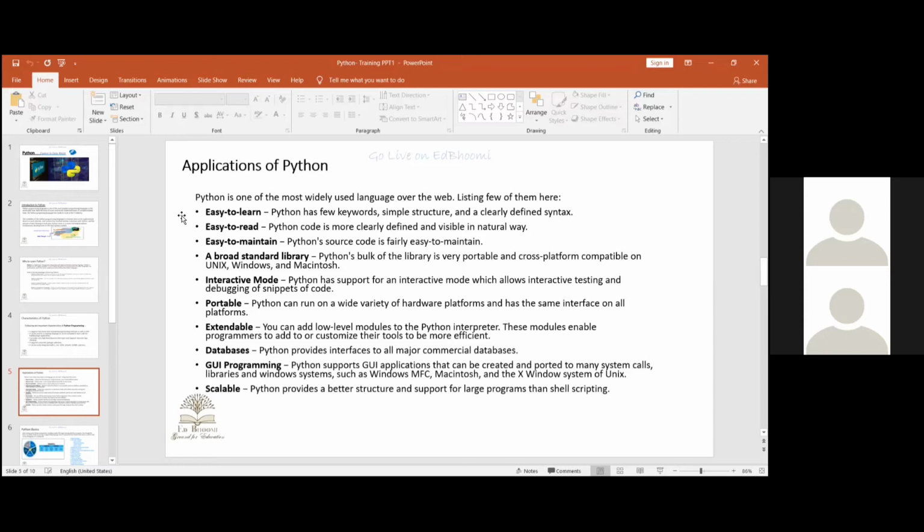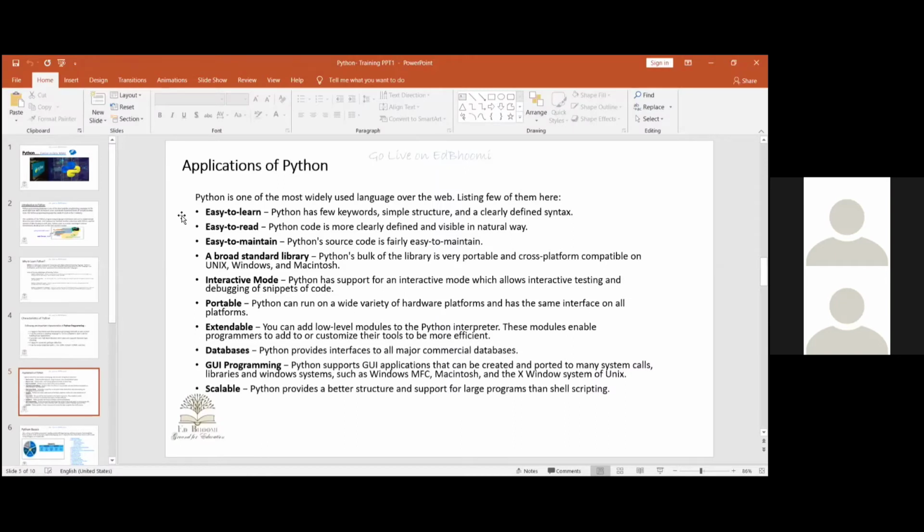So we can see it is easy to learn, easy to read, maintenance is very easy, and it has a broad set of libraries. If a person is from a scientific background, they can use NumPy as a library. If the person is dealing with a large amount of data, they can use pandas. So there are so many things available in Python. If someone is working on data visualization, now there is another boom in Python. They use the Matplotlib library as well as Seaborn. There are many libraries inbuilt. You just need to import the library and start visualization or programming as well.